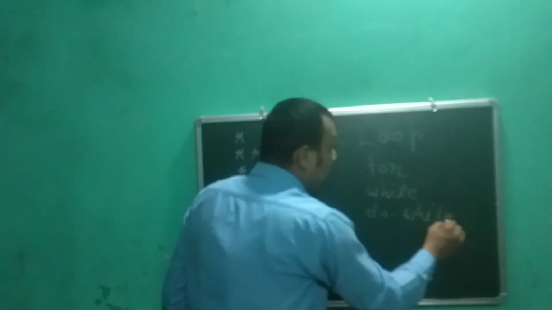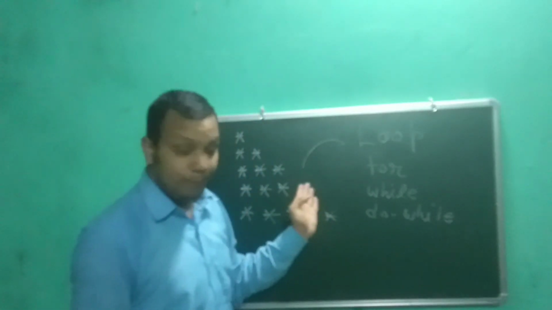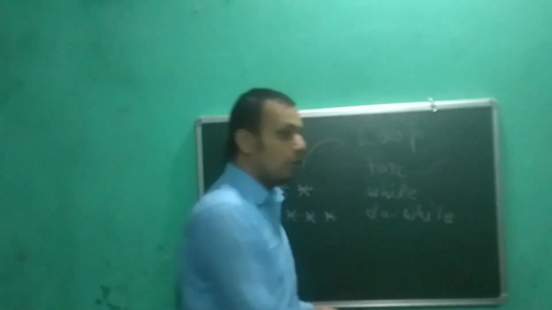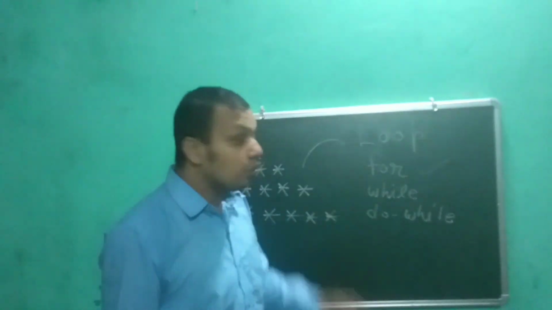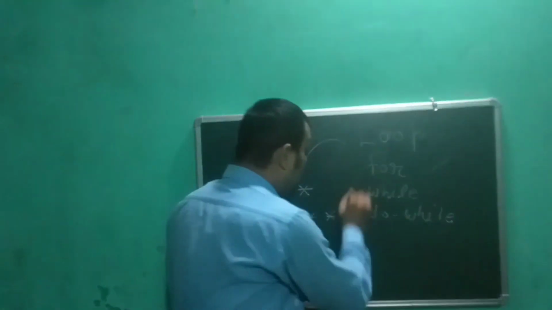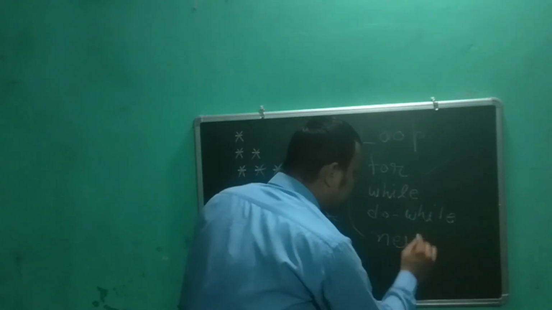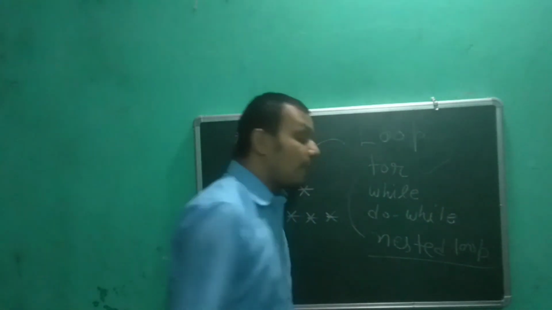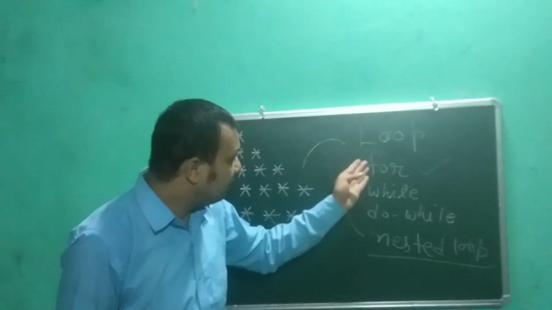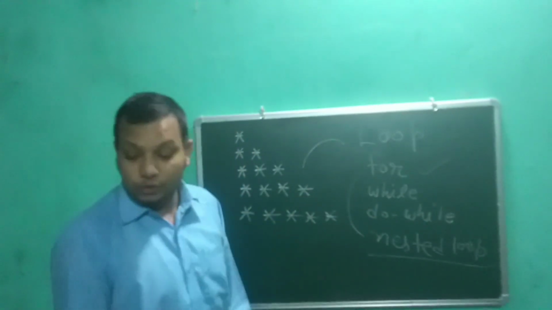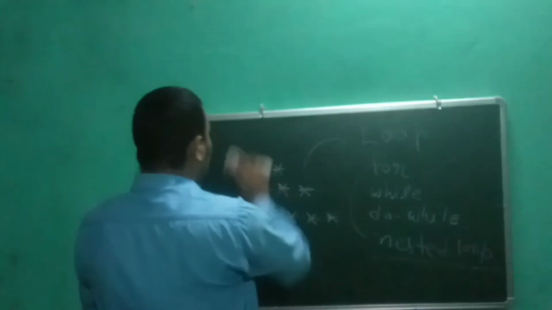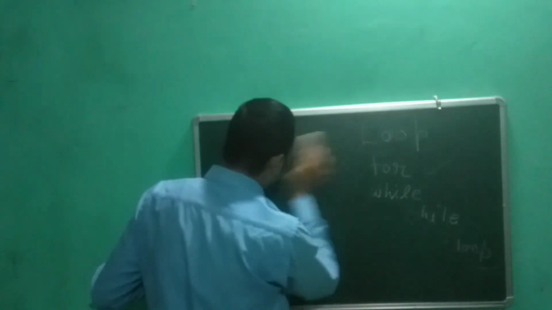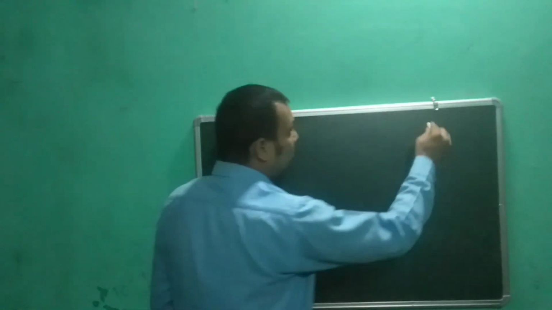Okay, we will do this pattern work with the help of for loop. Okay, and in for also there is a concept of nested loop. There is a concept of nested loop. Okay, so with the help of that we will print it. So let's start and let's see how can we do that. Okay, for that we don't need to take any input. We need to understand the pattern first.